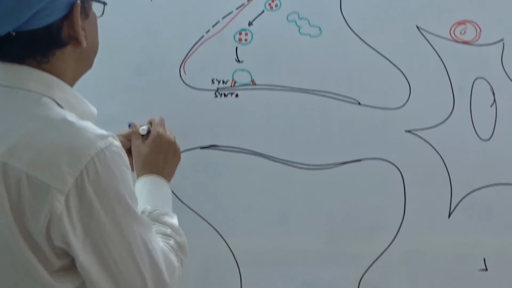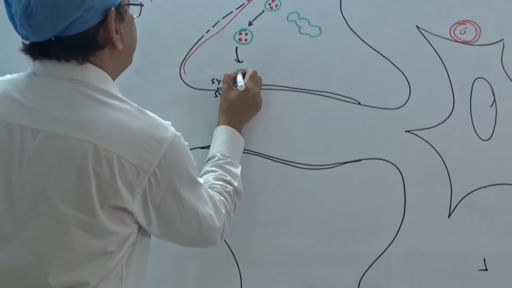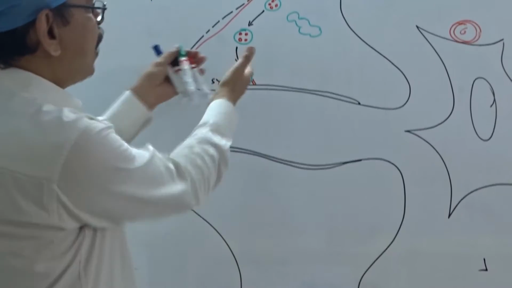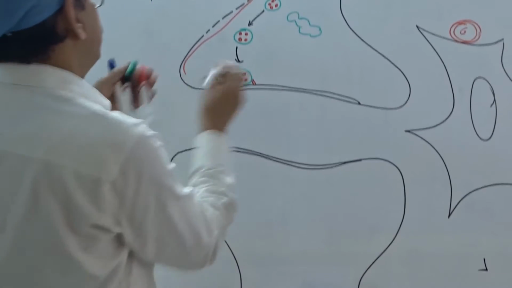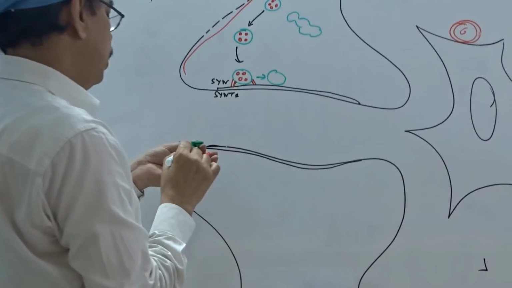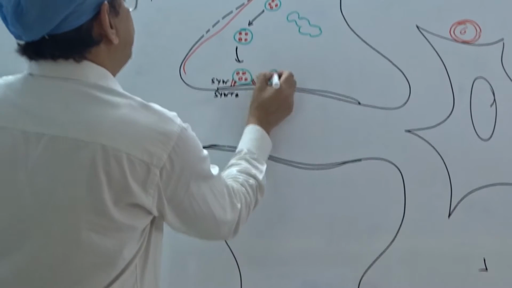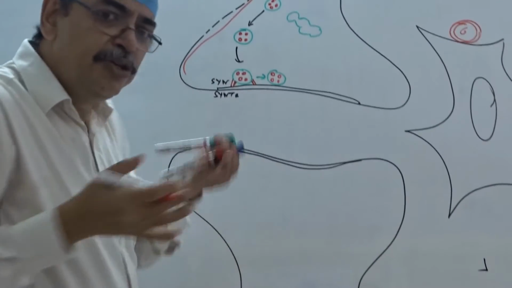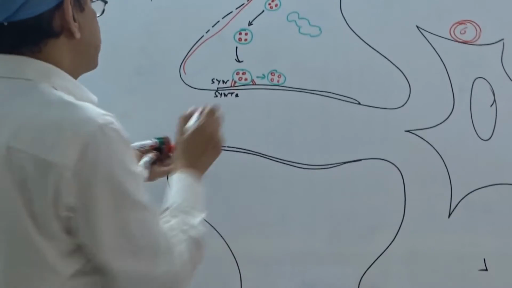And inside there are already the glutamates. Now it is primed with ATP. After it is primed, it is ready to liberate the neurotransmitters,